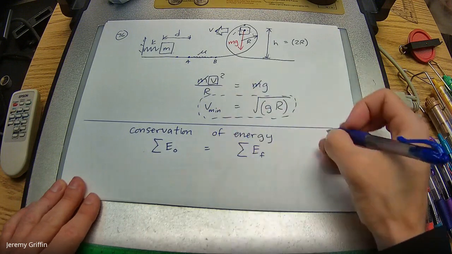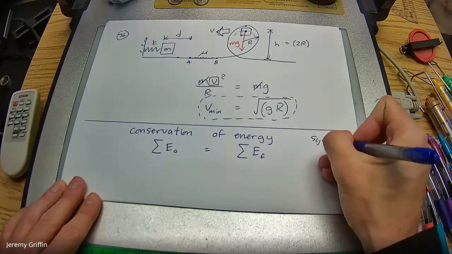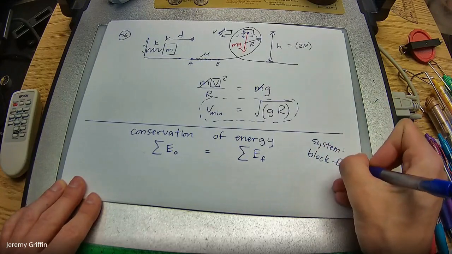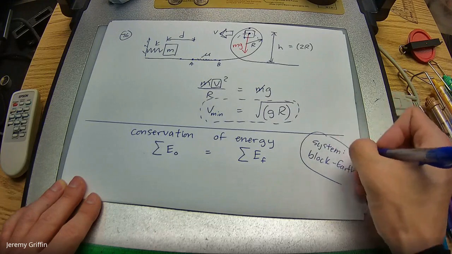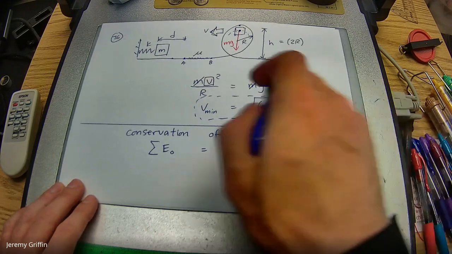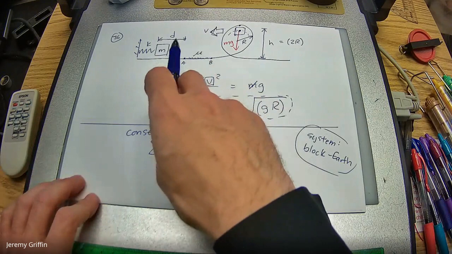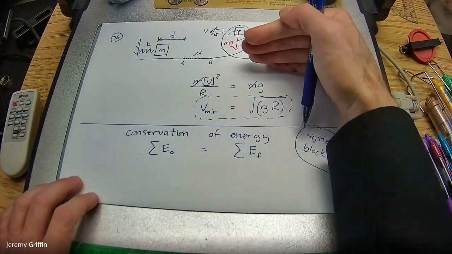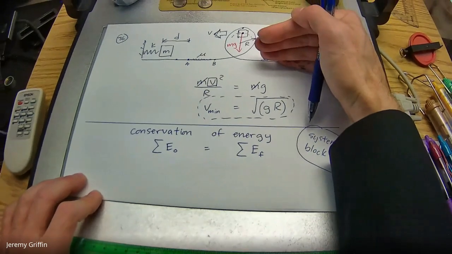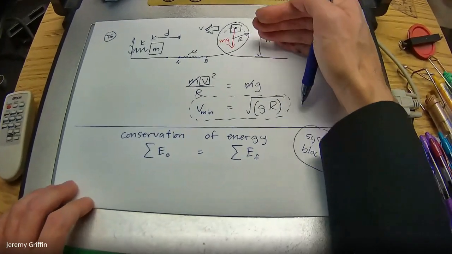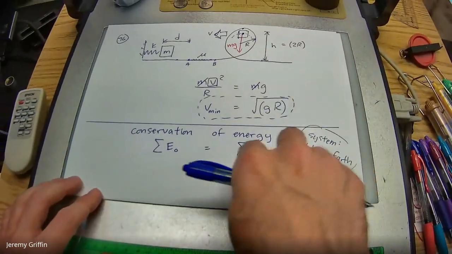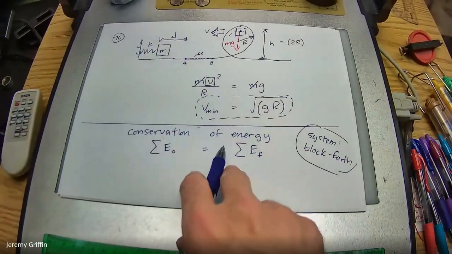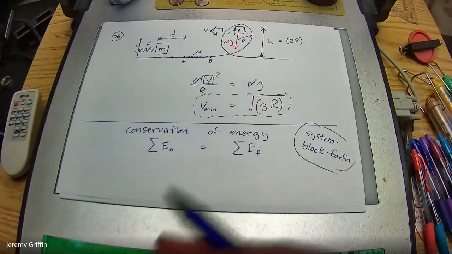We're going to look at the system. We'll call it a block Earth system. Now, why do I care about the block Earth system? I care about the block because the block itself can be moving and speeding up, slowing down, changing height. So obviously I care about the block. The reason I care about the Earth is because the block is actually going to change height against Earth's gravity, so you need Earth to be part of the system. And the track is going to be slowing the block down, taking some of the energy out of the system. That's how AP wants you to think of it.